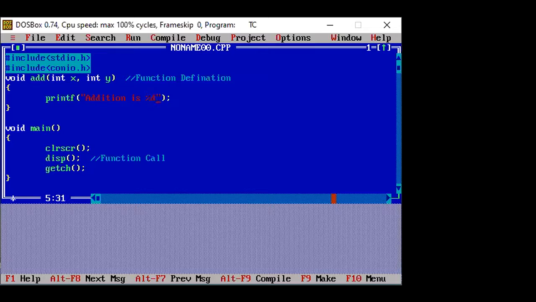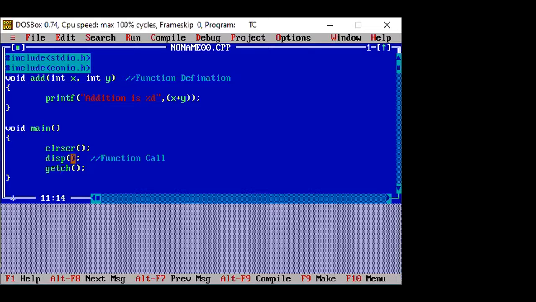Why percentage d? Because in order to display the integer variables. And then here you just write x plus y, so it will display the value after it performs the addition.